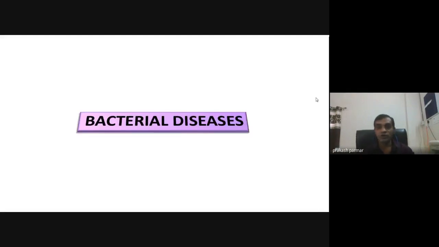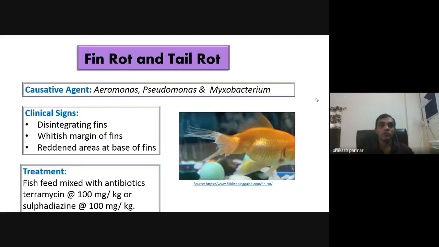So let us talk about some of the bacterial diseases. Generally these bacteria are always present in the environment, but they do not produce disease every time. The disease occurs when the fishes are under stress. Most of the bacteria are secondary pathogens. Whenever fishes are stressed or already have a disease, only then can they cause disease. So first,